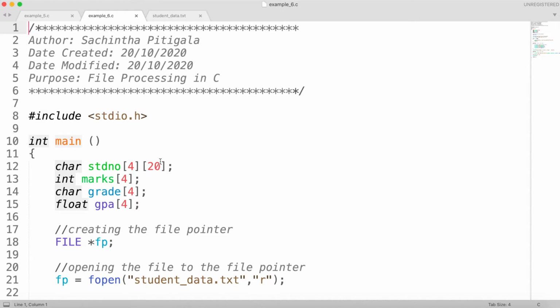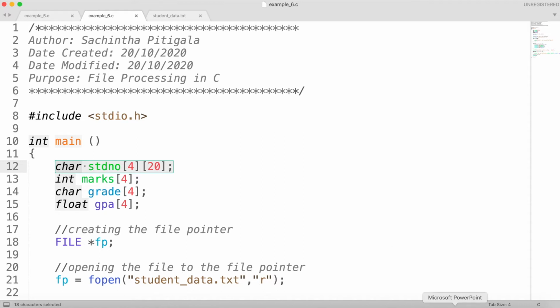Let's assume that when we are executing the program, it will start by executing the first statement in the main function. That statement declares a two-dimensional array called student number. That array contains 4 rows, and each row contains 20 character memory locations, so it has 4 rows and 20 columns. This is the memory allocation for this declaration statement.